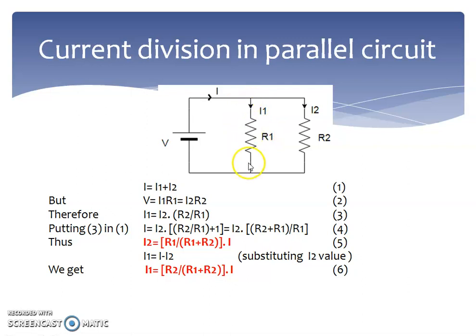Suppose we are finding the current across R1. So what will be the value of current I1? I1 will be equal to the total current I multiplied by the opposite resistance, that is R2, divided by the total resistance,